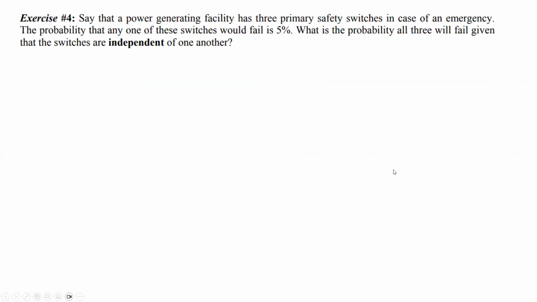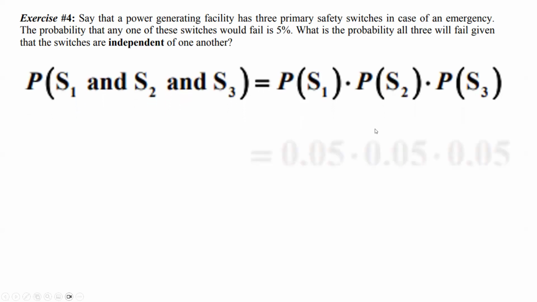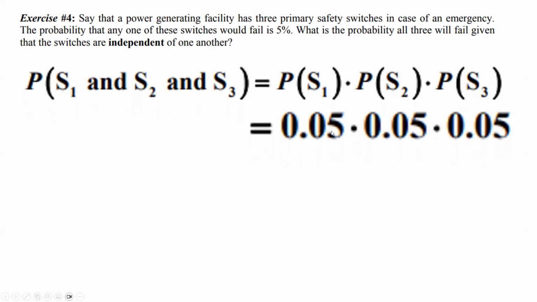Say that the power generating facility has 3 primary safety switches in case of emergency. The probability that one of these switches would fail is 5%. What is the probability all three will fail given that the switches are independent of one another? Okay, so they're independent. So what's the probability that the first one will fail, the second one will fail, the third one will fail? Well, they all have a 5% chance of failing. So I just have to multiply those 5% 3 times,